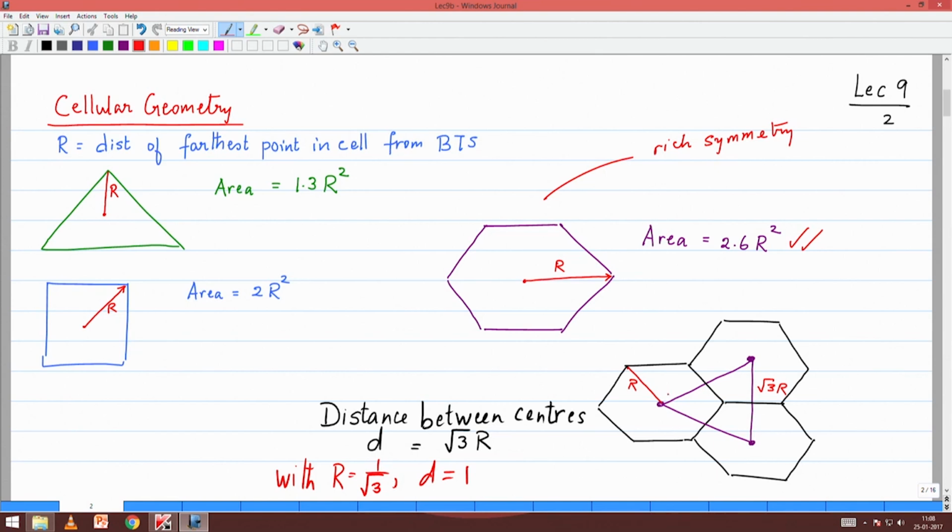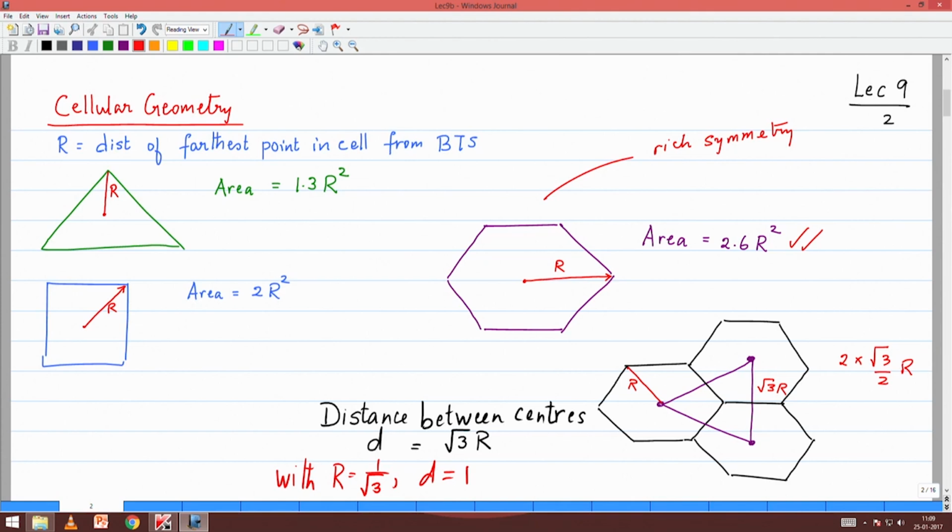Another observation: if r is the maximum distance or the side of a hexagon, it also happens to be the distance from the center to any of the vertices. The distance between the 2 centers will be twice the height of those equilateral triangles. So you will get 2 times root 3 by 2 r, which gives me root 3 r. And again, that's a very useful point to remember, because whenever we tessellate, we are looking at the distance between the centers,